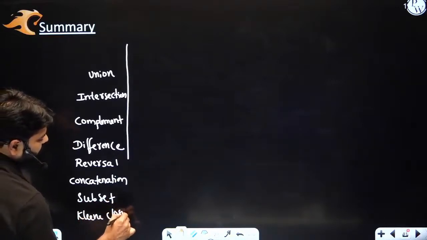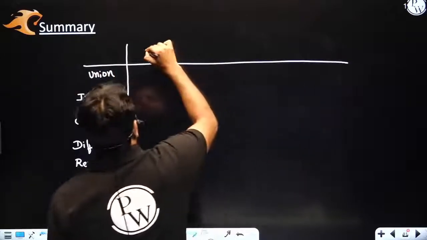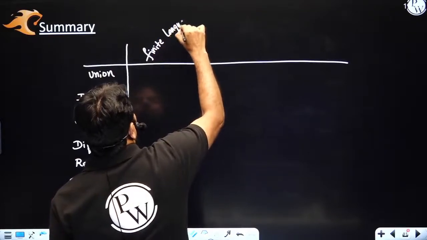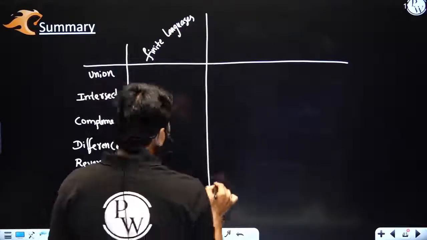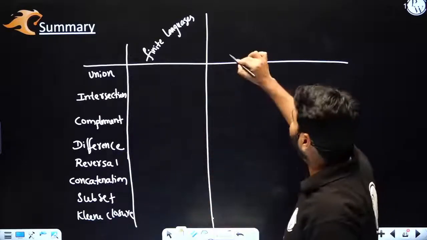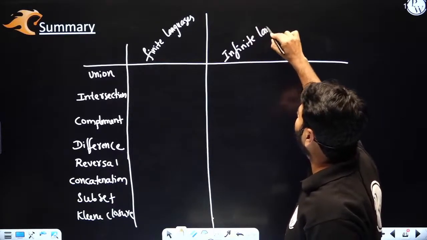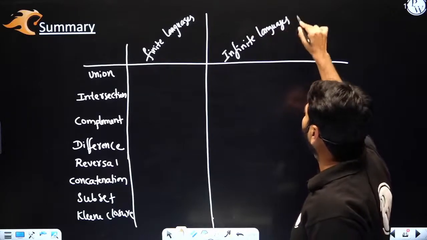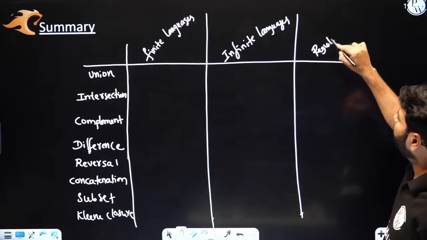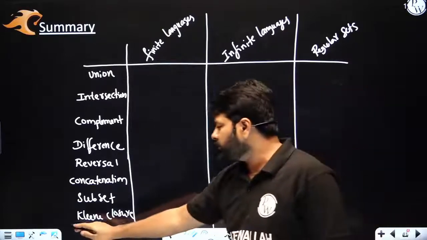And what your job is here is to find out whether these operations are closed for finite languages or not. The first job. And once you do this, do it one by one, because don't mix all at a time, right? So work on finite languages once, then go for infinite languages. For finite and infinite, I think these two columns would be sufficient, but for regular sets you should learn a very big table. So make this table complete on your own